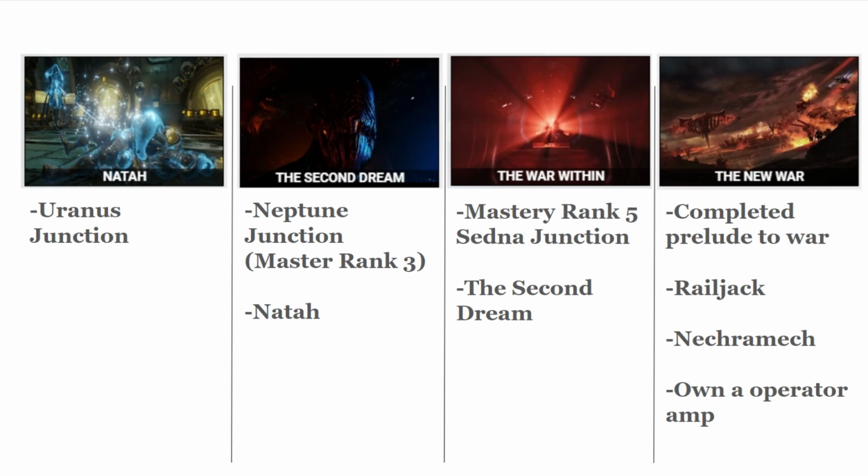Once you're done the Nata quest, you can then do the Neptune junction, which requires you to be mastery rank 3. And this will allow you to do the second dream quest. And once you're done the second dream quest, you'll get this sword that will basically carry you throughout the rest